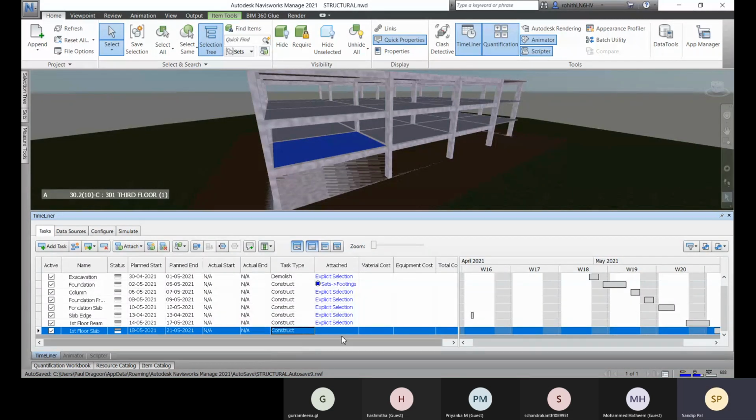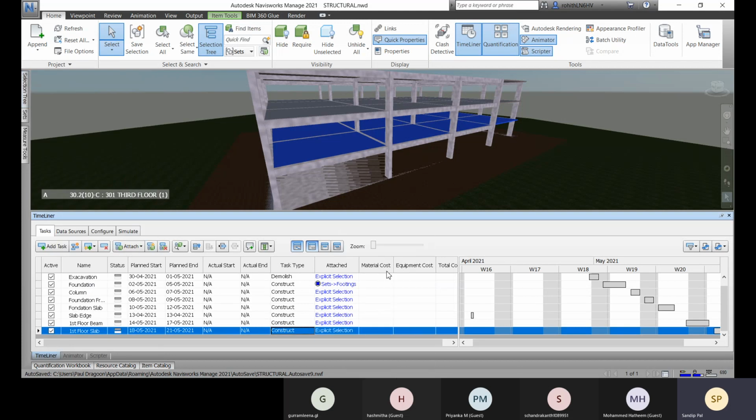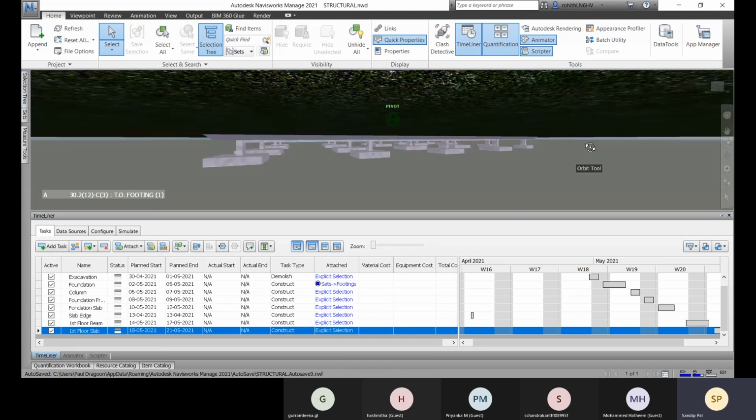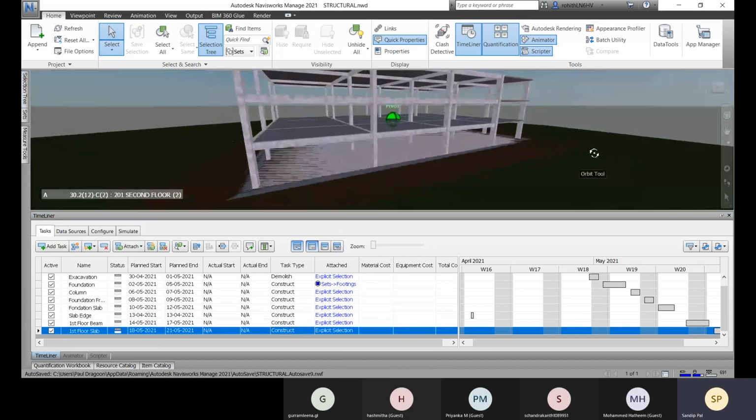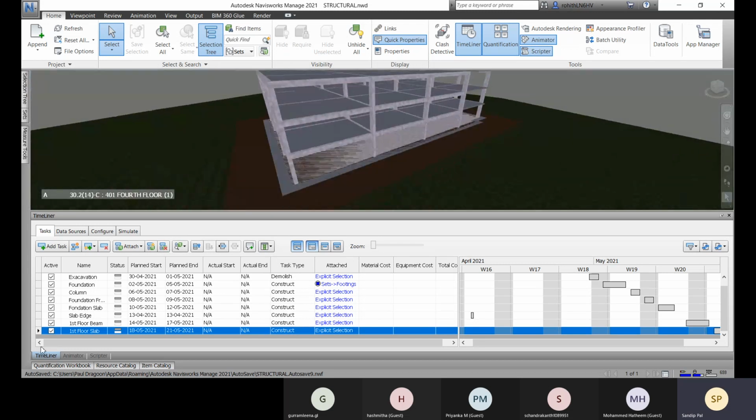And type is construct and go for the selection set. About the floors, right click, attach current selection. Okay, and do the same for the upper floors. Okay, so let's go for add task. Then second floor beams,